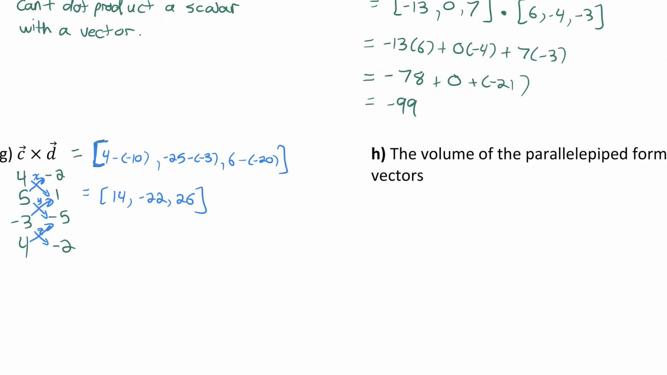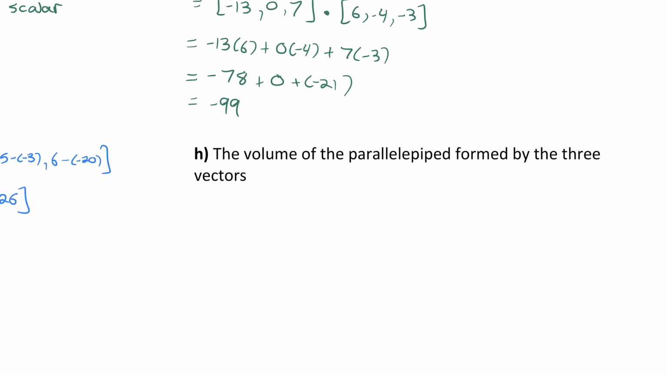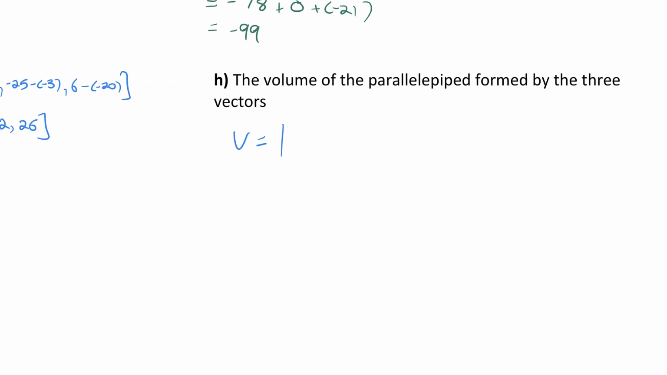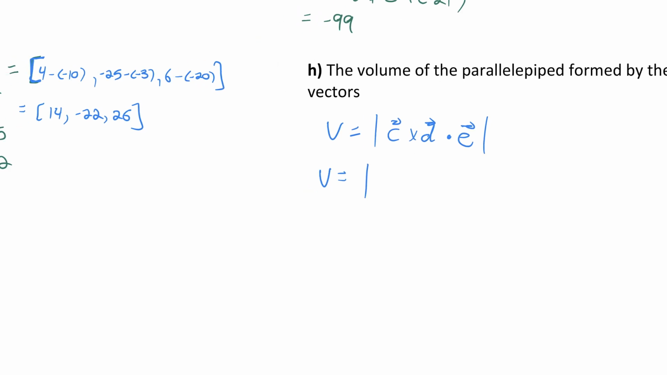H says find the volume of the parallelepiped formed by the three vectors. Well, if I want the volume of the parallelepiped, I just find the absolute value of the triple scalar product. I might as well do C cross D dot E. And I chose it to do in that order because I already know what C cross D is equal to. And remember, when we do a triple scalar product, we always do cross product first and then dot product. C cross D, we have the answer. That is 14,